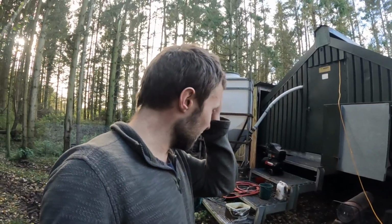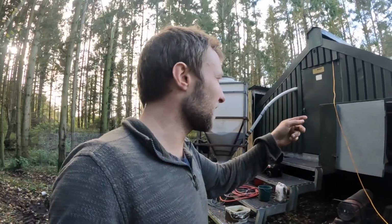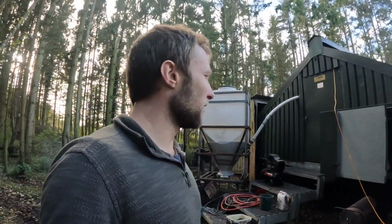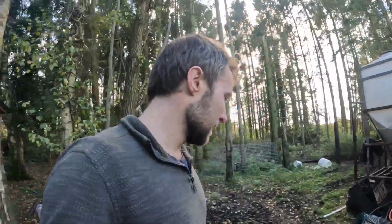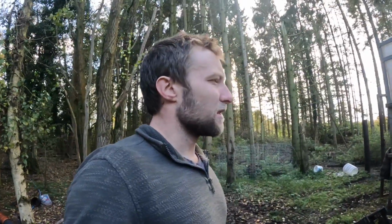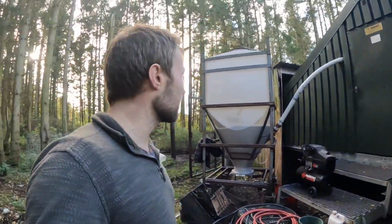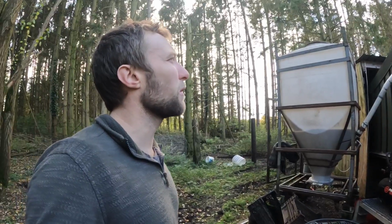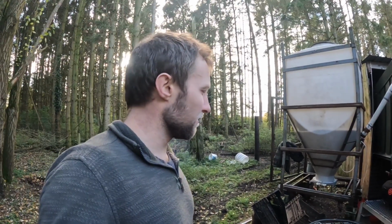and came to turn the auger on and it kept tripping the electric off, so I thought, oh, here we go. I'd never checked that. I'd obviously checked we had lights on, so I knew that there was power to the shed, but I never actually ran the auger, which I should have done. So I faffed around with it. I took my air compressor in there. I took all the covers off the junction boxes and blew all the water out of the terminals, and I honestly couldn't figure out